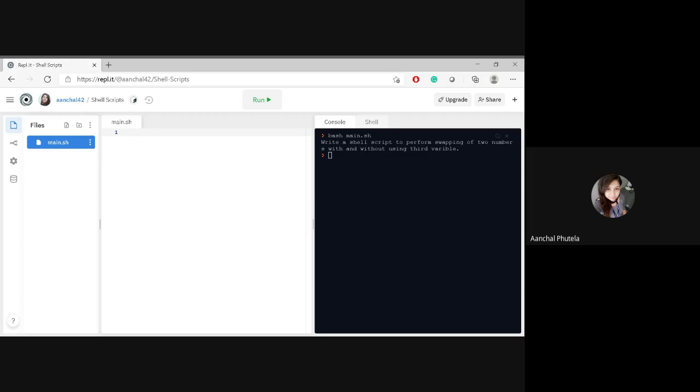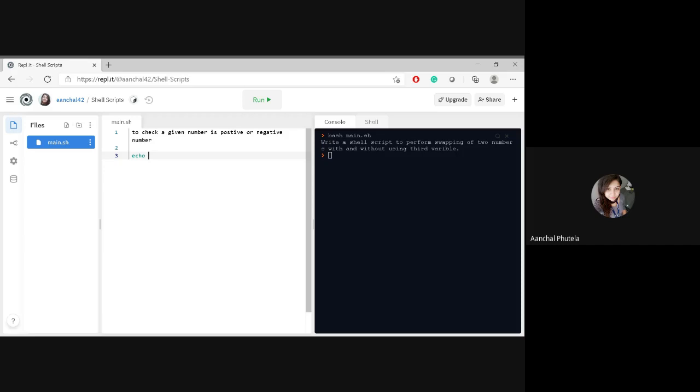For example, I'm checking whether a given number is a positive number or a negative number, right? I'm writing a script to check whether a given number is positive or negative. First of all, the user will enter a number.